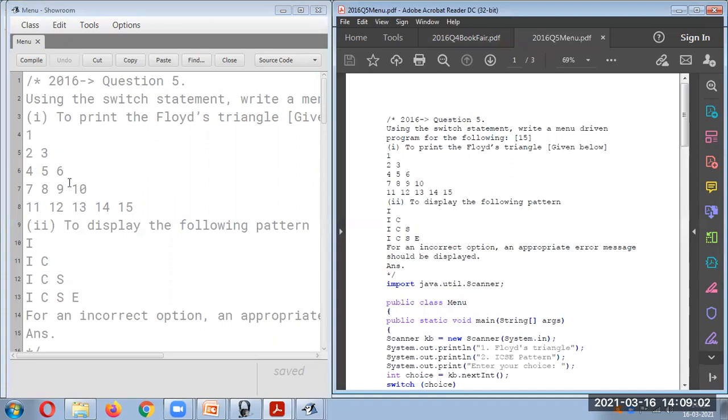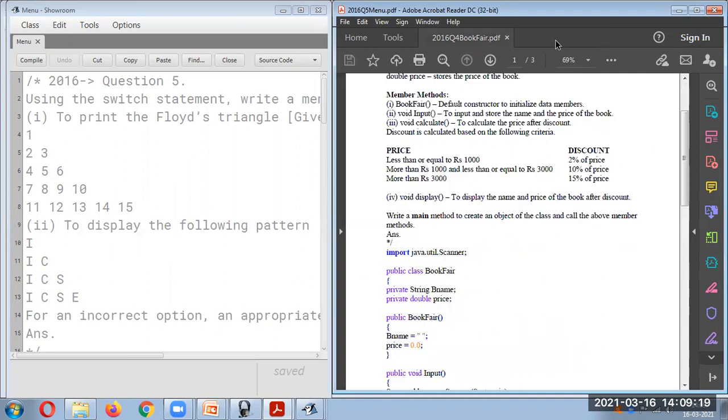You need to create a Floyd's triangle like this: 1, then 2, 3, then 4, 5, 6, 7, 8, 9, 10, 11, 12, 13, 14, 15. And to display the pattern like I, then IC, ICS, ICSE. And the third option is the incorrect option. As the name suggests, not required actually.